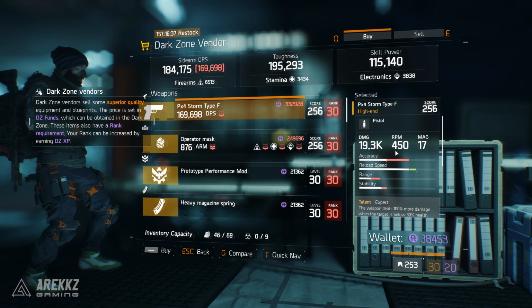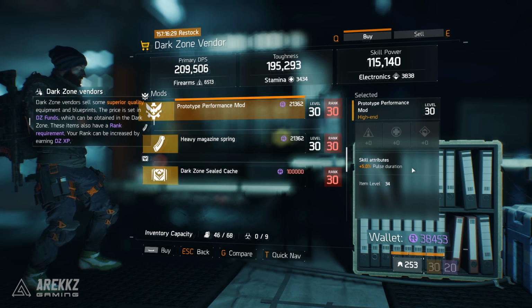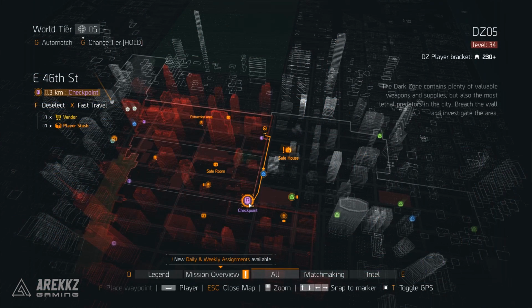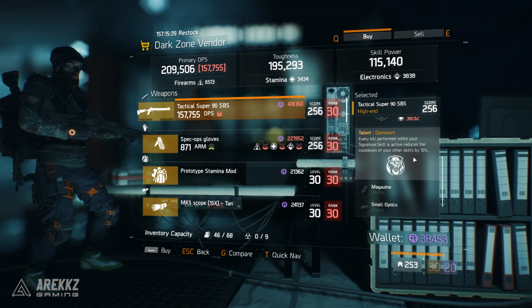Here you can grab a PX4 Storm Type F with Expert and Talented, an Operator Mask with Enduring, Prototype Performance mod with Pulse Duration plus 5%, and a Heavy Magazine Spring with Reload Speed, Mag Size, and Rate of Fire. Moving down to East 46th Street, here you can grab a Tactical Super 90 SBS with Swift, Sustained, and Dominant,